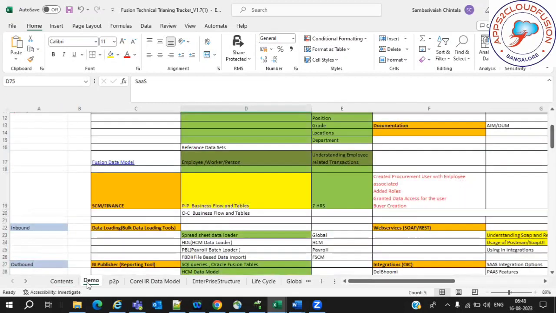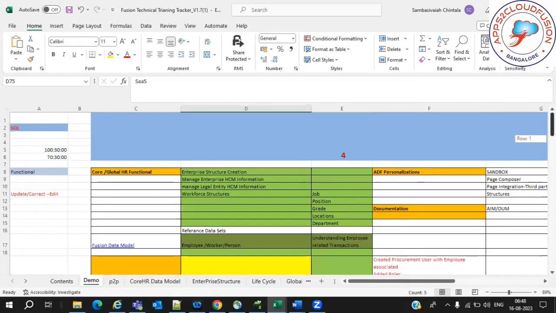And coming to course content, the topics we are going to cover over here. SQL is a prerequisite, and functionally we'll be covering Global HR. Within Global HR, what is the enterprise structure? Manage enterprise HCM information, manage legal entity HCM information, workforce structures. Within that, job creation, position, grade, location, departments, and reference data sets, and understanding the Fusion data model, like